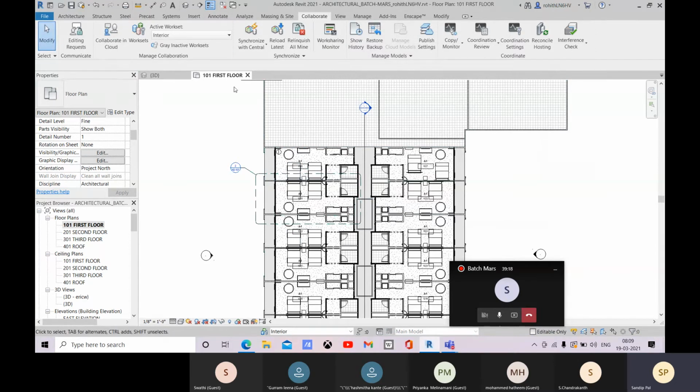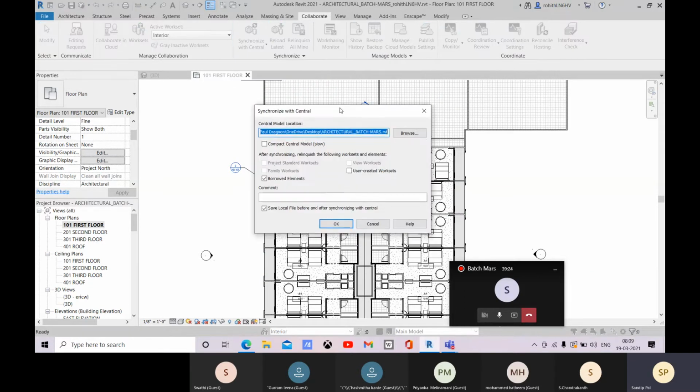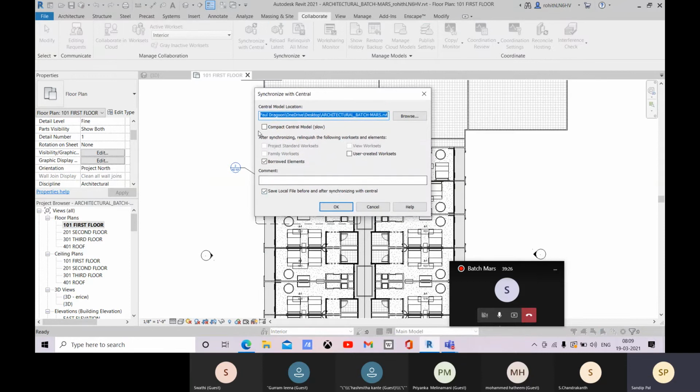All right, and about synchronizing, you have some settings over there. Here you see this is the central file location. So you can compact the central model. And here you see that after synchronizing, relinquish the following worksets and elements. So this file will be relinquished.